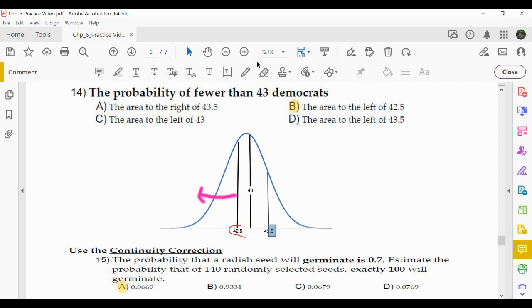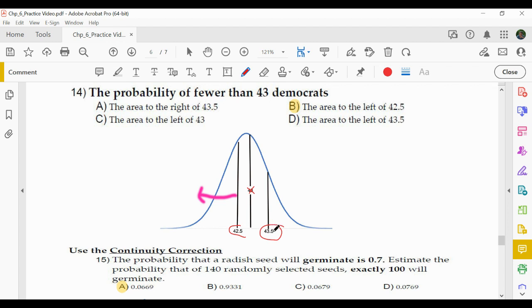Added 5. Oops, here we go. Added 5/10. Fewer means I'm going to my left. Now the question is, 43 doesn't exist. All right, there's no whole numbers here. So the idea is I'm going to my left, but do I start at 42.5 or